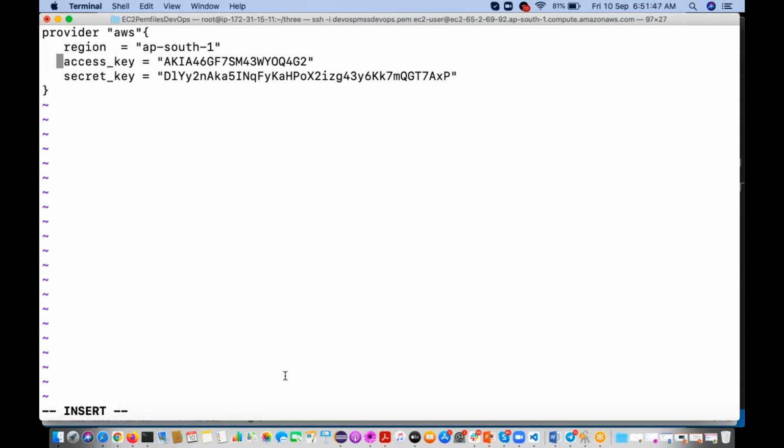Just type i, it will come to insert mode. I'm going to use two forward slashes, right? Okay. Now, is it going to work?